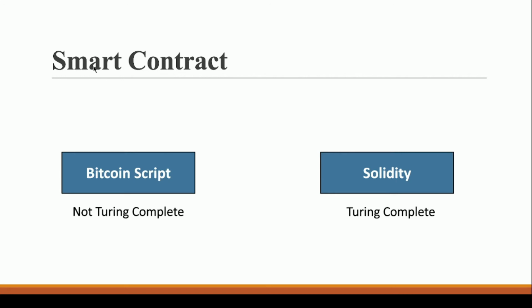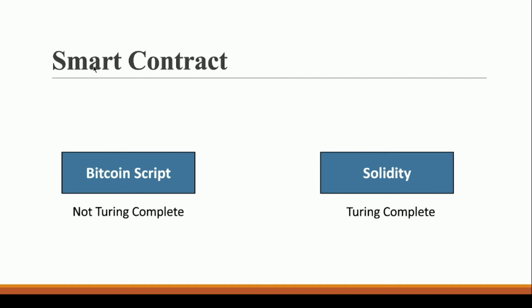That's the reason Ethereum blockchain supports programs. You can write programs on Ethereum blockchain, but you cannot write programs on Bitcoin blockchain, because Bitcoin uses Bitcoin script, which is not Turing complete. You cannot write loops in Bitcoin script, and since you cannot write loops, you cannot code any form of program that you can think of, right? Now you must be wondering why Satoshi Nakamoto used a programming language that is not Turing complete, and not another one that is Turing complete.